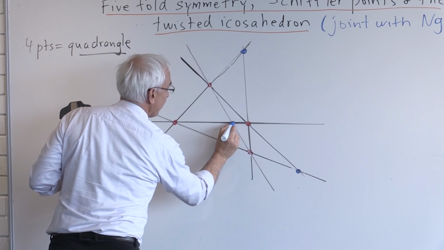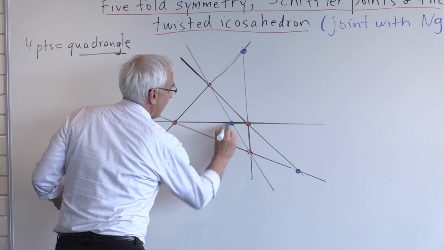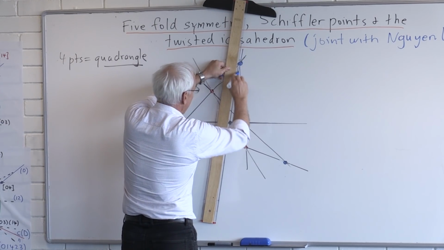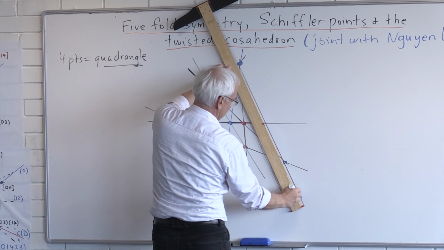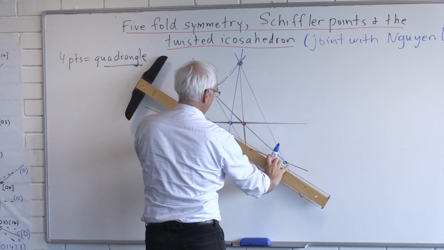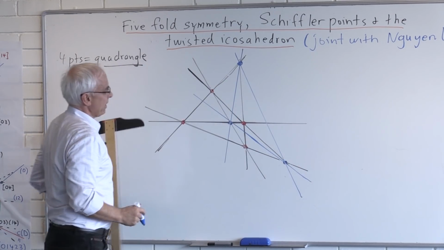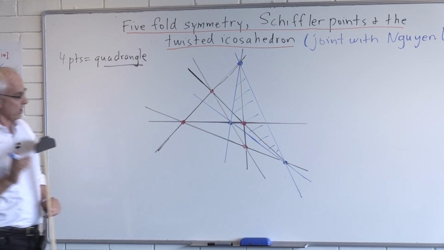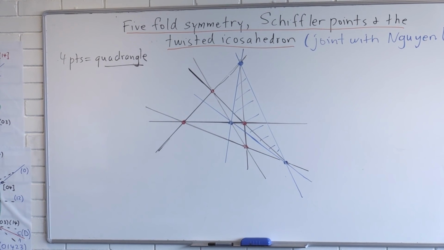these 3 new points. Those are called the diagonal points of the quadrangle. And of course, then they form 3 additional lines. And that triangle then, that is now in blue, is called the diagonal triangle of the quadrangle. Okay, and maybe I'll emphasize it by just coloring it in a little bit, although that doesn't really have any meaning in projective geometry, just so you can see it. So that's the diagonal triangle of the quadrangle.